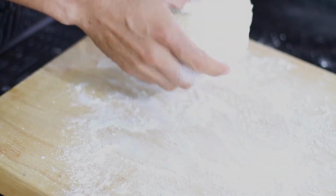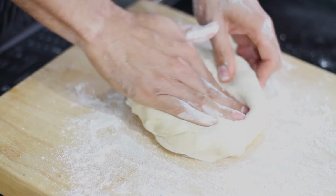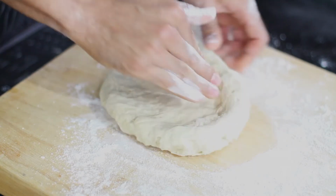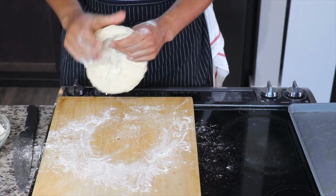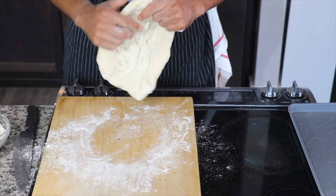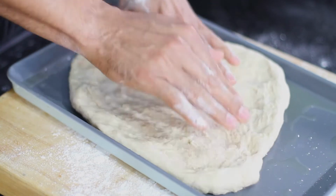Then lightly dust a surface, and then what you want to do is flatten your dough into a disc, and then you're going to do this little technique almost like you're being a DJ, where you're just going to shape the dough so it can get into a nice disc shape. All right, this helps relax the dough so that we can stretch the dough later. All right, then you pick it up and let gravity do all the work as you turn it like you're driving your steering wheel. Okay, then put it into your baking sheet and then go ahead and stretch that